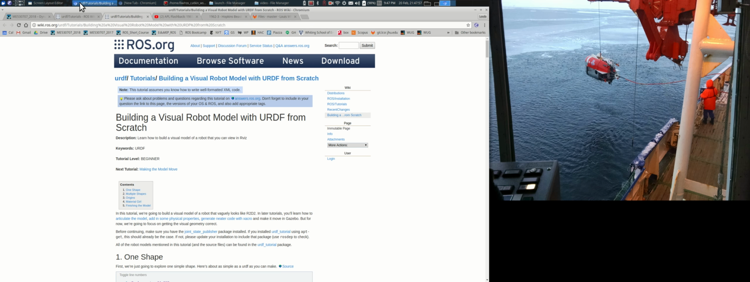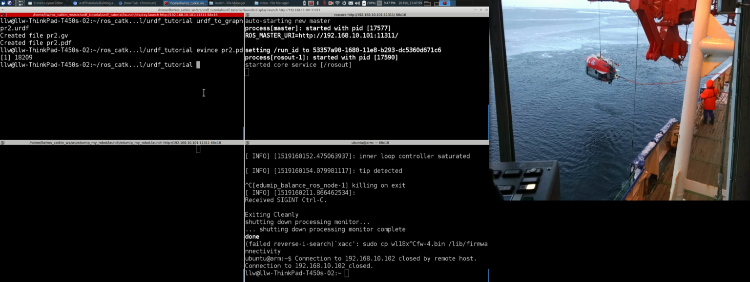So these are the tutorials that I want you to do. Building a visual robot model with URDF from scratch. So to motivate the endpoint of where I want you to be, let me